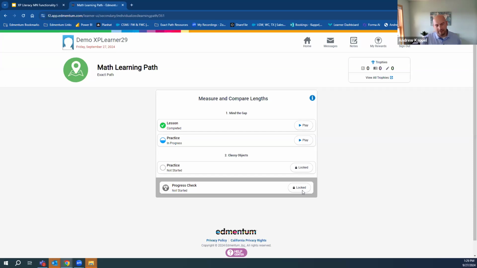It does provide the feedback in the sense that it gives them the number they got correct at the end, but it does not provide the correct answer if they do get a question wrong within the progress check. Like I said, I'll show you how to get to that on the teacher side so that you can see how they answered and review different pieces with them if need be.